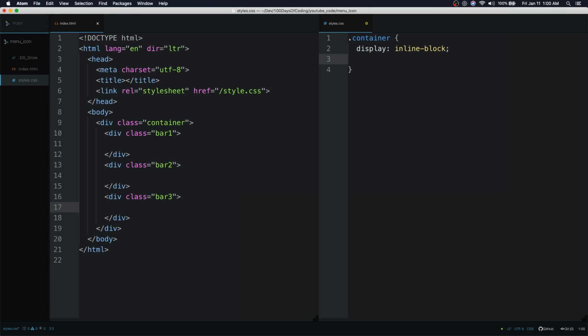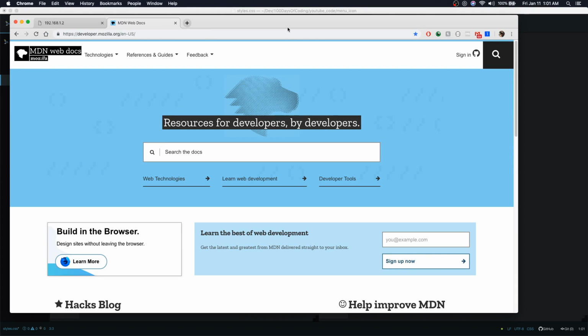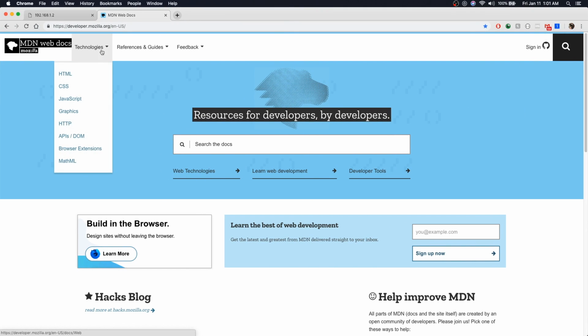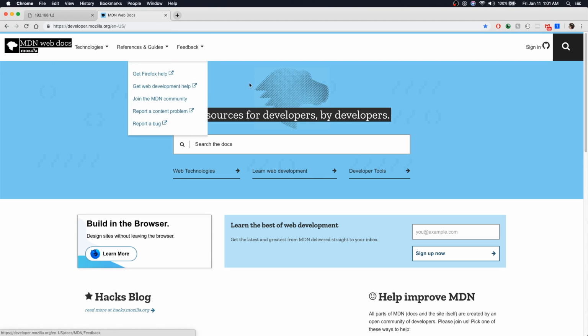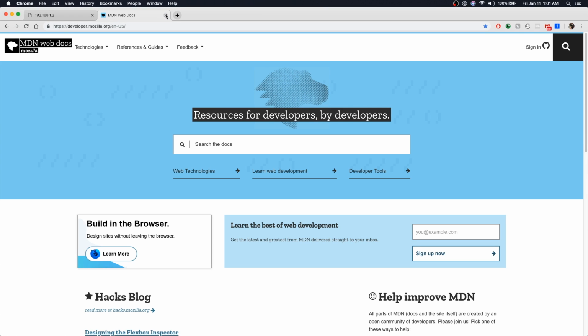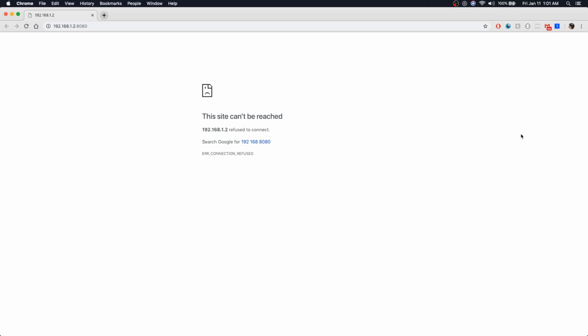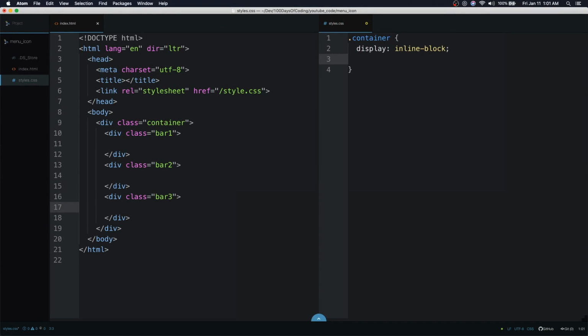If you guys don't know what some of these properties do, I will leave a link in the description to one of the very famous websites that I like to go on whenever I need to check my web docs or my information. It's called developer.mozilla.org. This site is one of my favorite ones. It gives you technologies from HTML, CSS, JavaScript, even to graphics, HTTP, etc. So if you guys want to learn more or get more in depth on how some things work, I highly suggest that you check out the website and search up whatever you need to learn